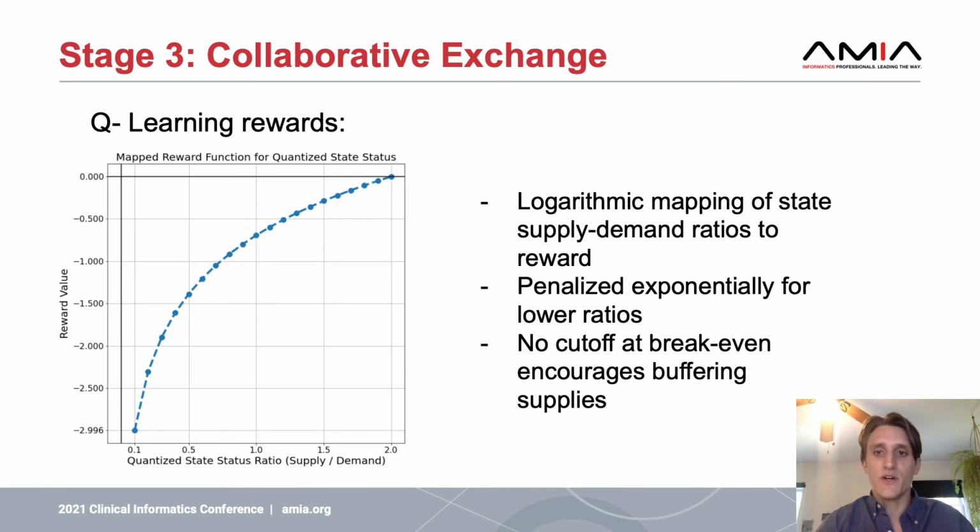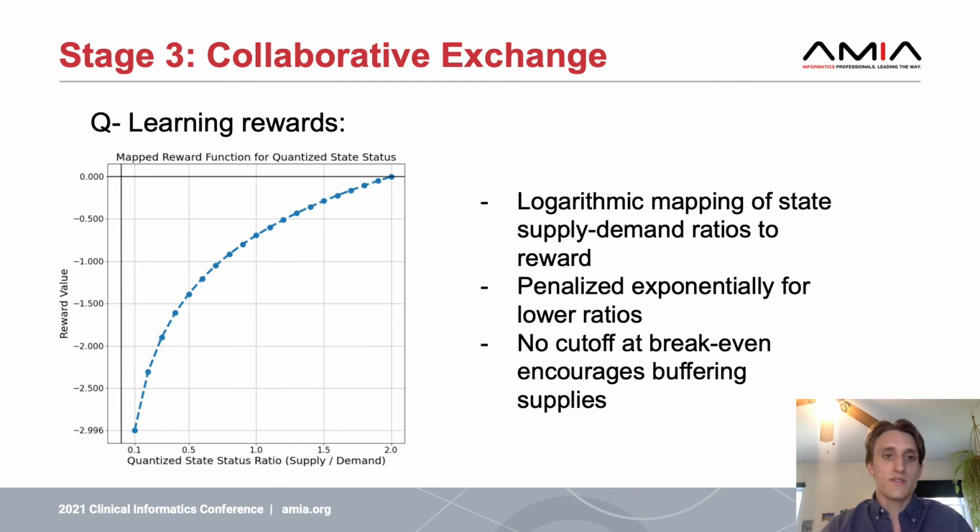Rewards observed by the agent are determined by the change in total quantized state status ratios following a mapped function of the quantized state to the inverted exponential decay curve shown here. This mapping allows us to incur exponentially lower cumulative rewards on each day. This scheme for rewards discourages shortages exponentially while encouraging the algorithm to buffer ventilators even when they may not be